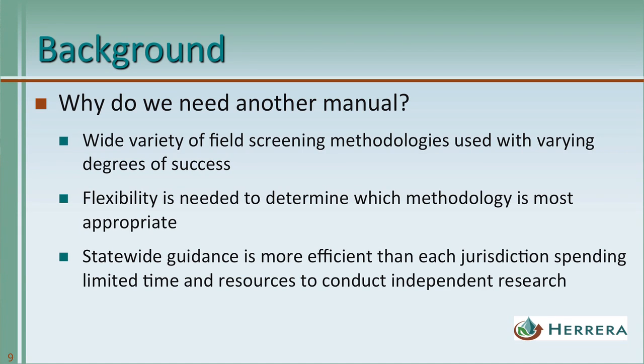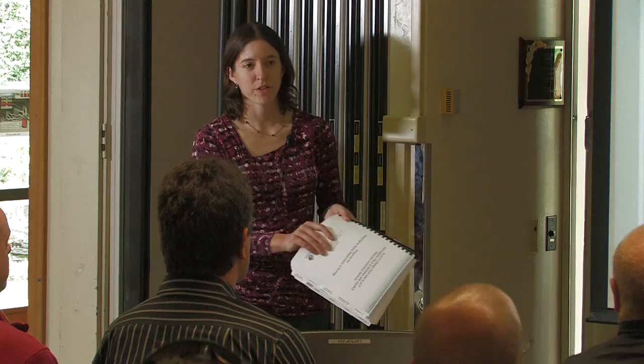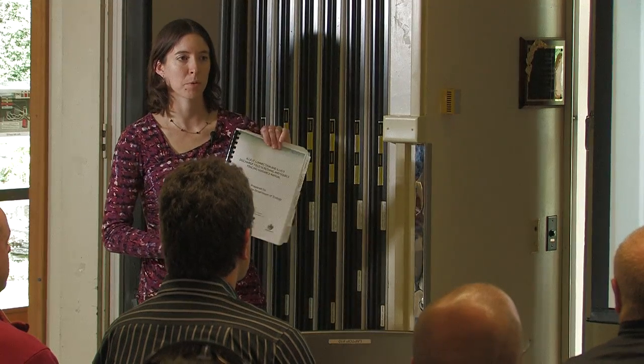So one of the questions we got asked while we were developing the manual is, why do we need another manual? We have lots of manuals out there. We don't really want another regulatory document. So the main reason that we developed this manual is to provide a tool for you to use in your programs. This isn't another regulatory document. It is a guidance manual, so you're welcome to pick and choose pieces of it that seem most applicable to your program. Right now, there's a PDF of the manual posted on the Stormwater Center website, but we're looking at